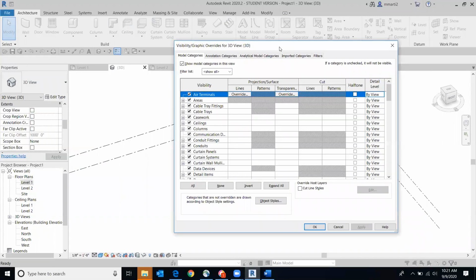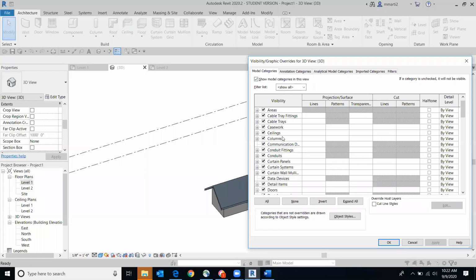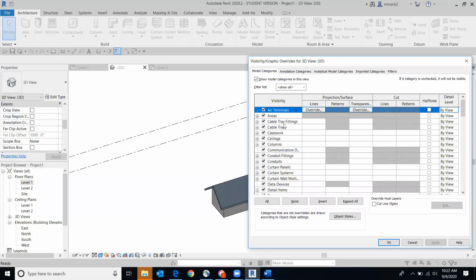This is going to be used especially when we start putting drawings on sheets. It works the same way as hide in view, but it does it on a more permanent basis. If we scroll through here, you'll see there are different breakdowns of how the building is put together, how your model is put together. We can also scroll on here. Notice we have all the different